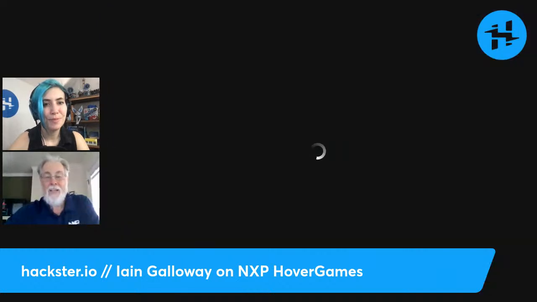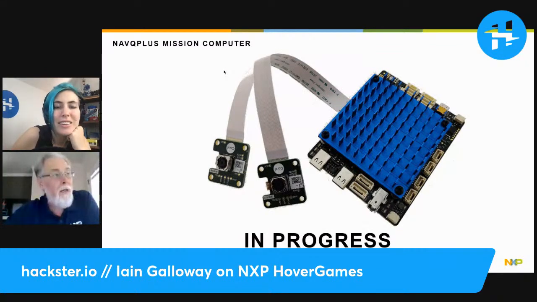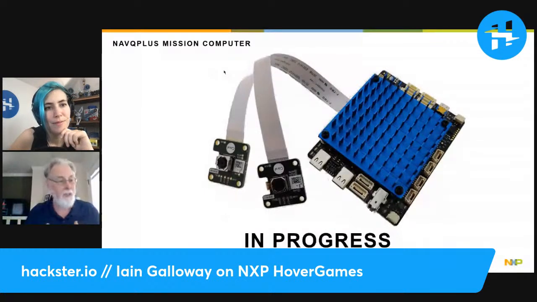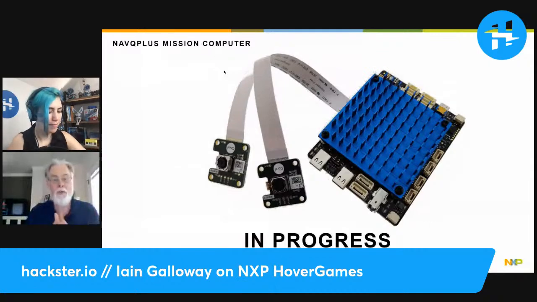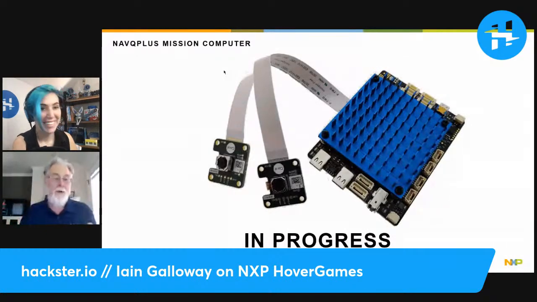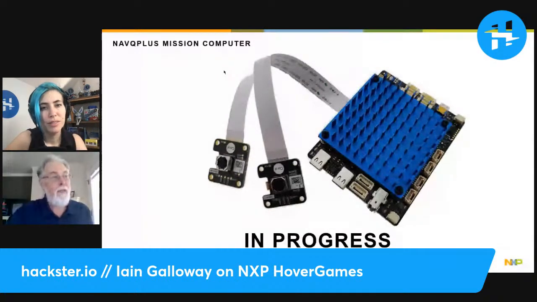So NavQ Plus is a mission computer, and we'll be running an Ubuntu demo image on top of our Yocto Linux image. With Yocto, NXP is mostly supplying commercial, industrial and medical customers, and that's why we focus on Yocto, because they need a very carefully constrained build of Linux. So it's great for deployment. It's great if you're making 500,000 coffee makers or medical devices, but not so great for your average developer wanting to play with Python and add things with apt-get, etc. So we've added an Ubuntu desktop image on top of this, and then enabled our tools,